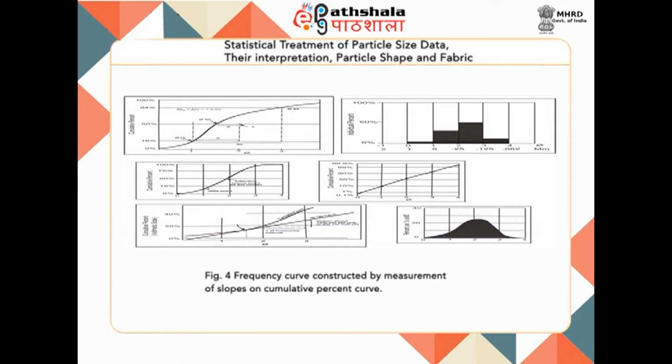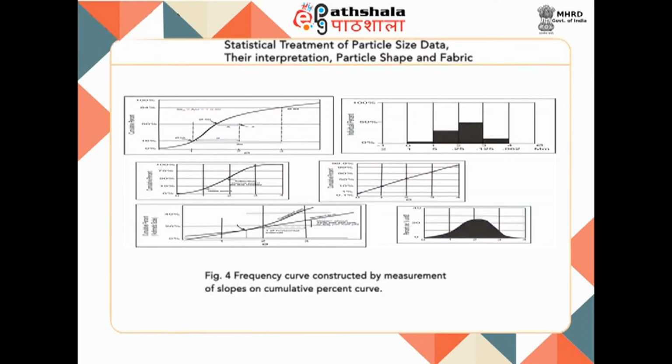Now, to construct it, one plots a cumulative curve with an arithmetic ordinate, mind you, not a probability ordinate. Now, one measures the slopes of the tangents to this curve at various grain size values. For example, if one wants to find the frequency at a diameter of 2.5 phi, lay a straight edge tangent to the curve at the point where the 2.5 line intersects it. Measure the slope of this tangent by noting how much the tangent rises over a horizontal distance of half a phi unit. This value is then plotted at 2.5 on the frequency curve.